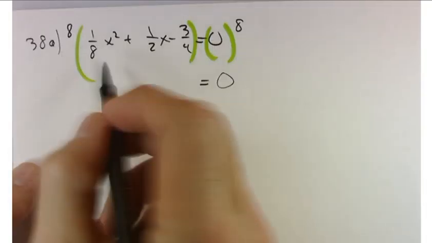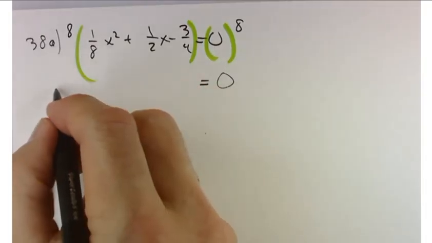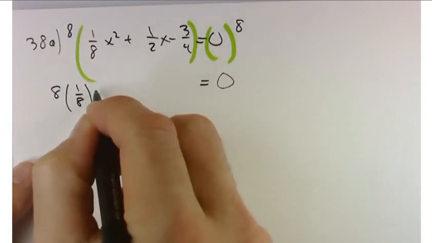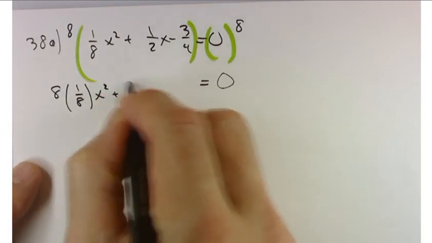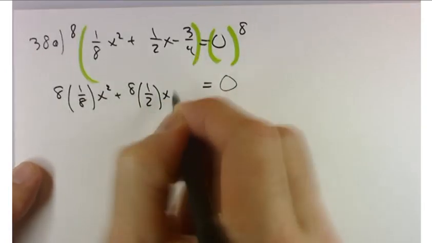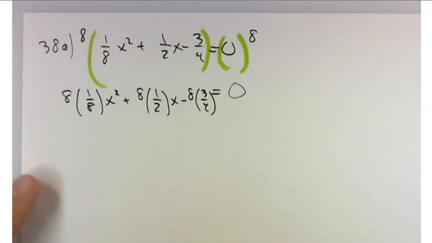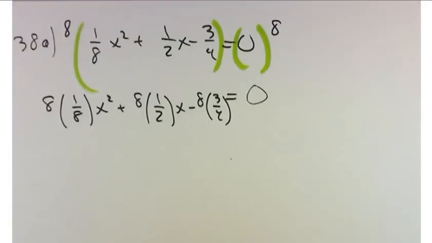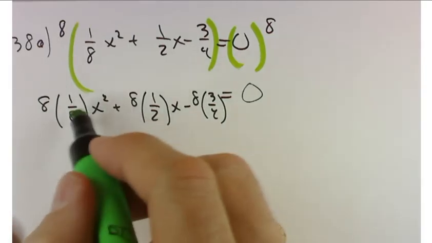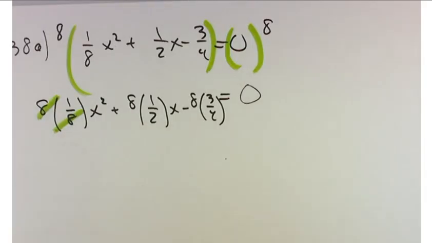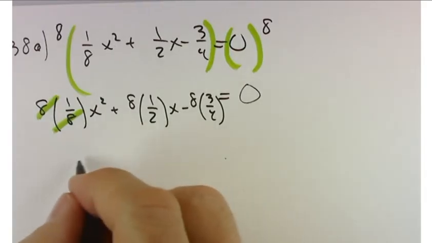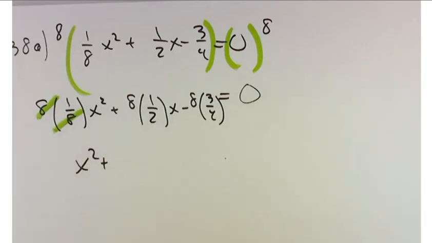All right, so that 8 has to distribute itself to all three of these terms. So you have 8 times 1/8 x squared plus 8 times 1/2 x minus 8 times 3/4. There's cancellation in all of these. Kennedy, let me give that one a shot. What's this going to look like when I do the cancellation? All right, perfect. That cancels. So I get x squared plus